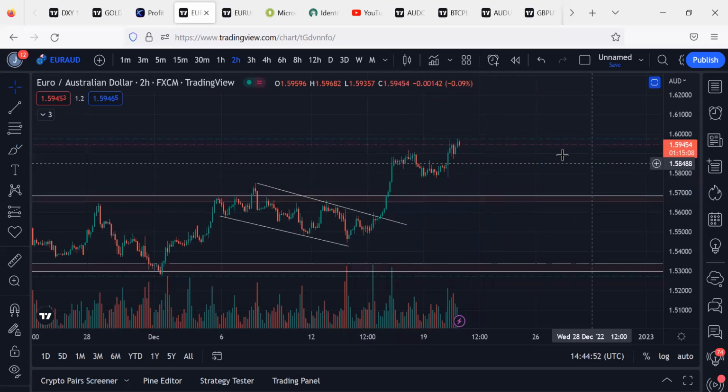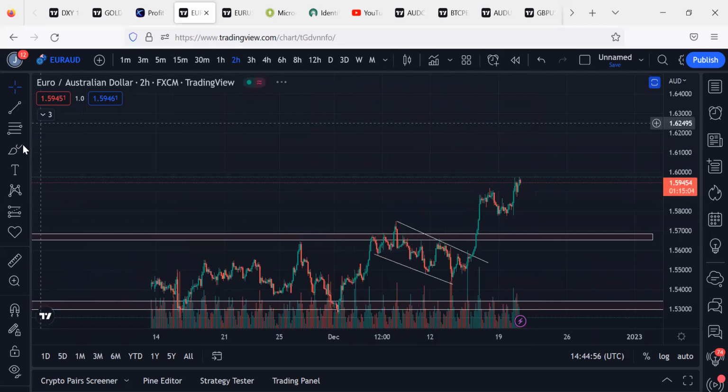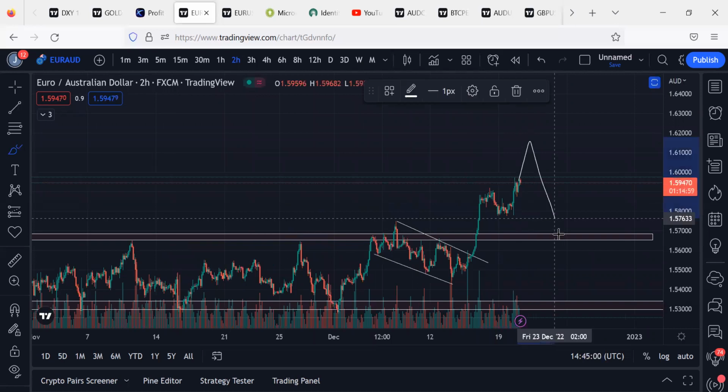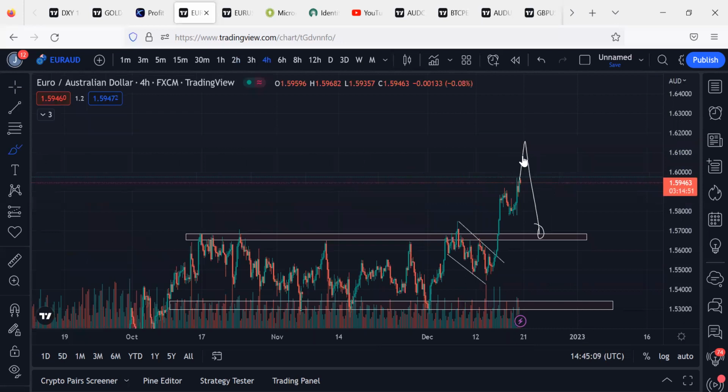So what am I looking at right now? This is what I'll be looking out for. Even though it's going to expand to this side, I need to come down here before taking any trade again to expand to the upside. So I'll be looking at the 4 hourly so that I will not get confused or get greedy for entry. Right now I'm not seeing any entry, and the only entry I can see is somewhere around here, taking